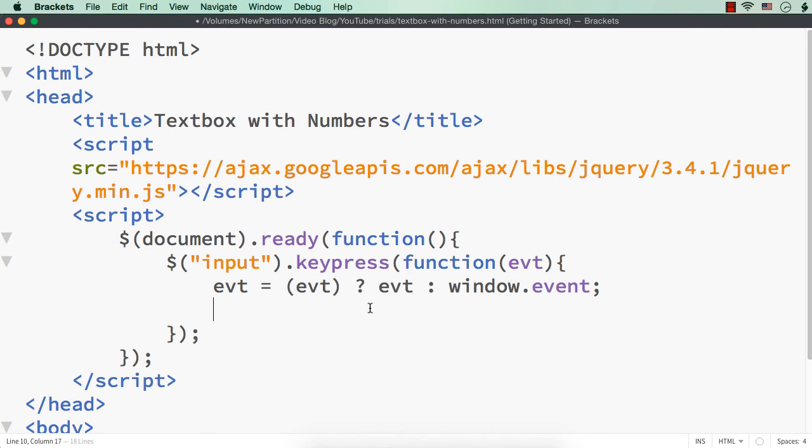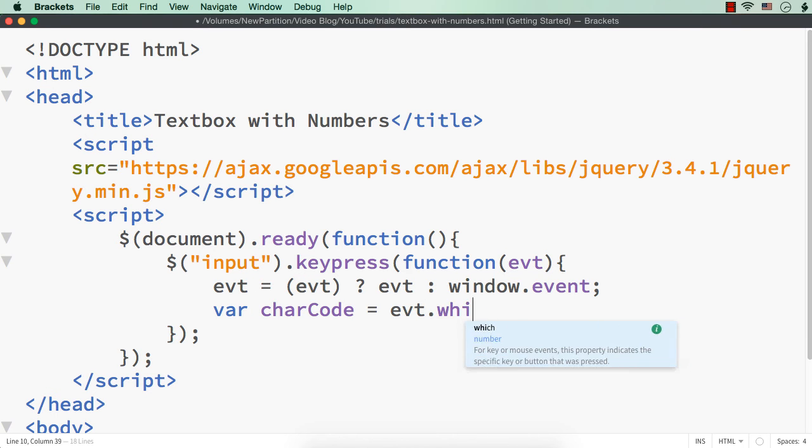So here I am writing charCode equals, again in this case as well, in some browsers we will get the value from event.which, and in some other browsers it will be event.keyCode. So to support implementations on different browsers, again I am specifying evt.which.